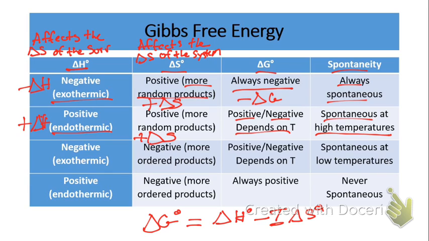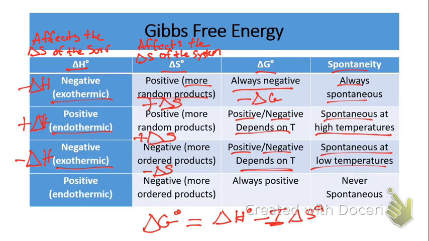All right, what if we have the case where delta H is now negative, so we have an exothermic reaction, which is great, it's very favorable. But now delta S is negative, all right, which is not favorable because the products are becoming more ordered. So even though it's exothermic and favorable, the system is becoming more ordered, which is not favorable. So therefore, what's going to be the sign of delta G? Is it going to be positive or negative? Again, it depends on the temperature value in our equation. Okay? It will only be spontaneous at low temperatures. So it's the opposite of the endothermic process.